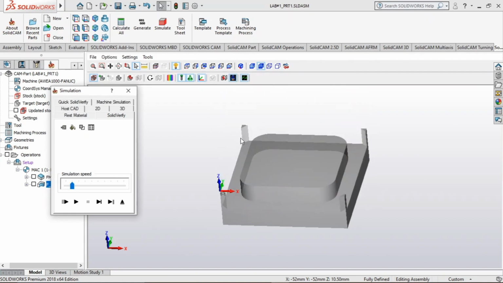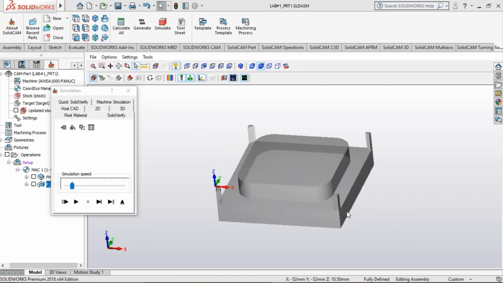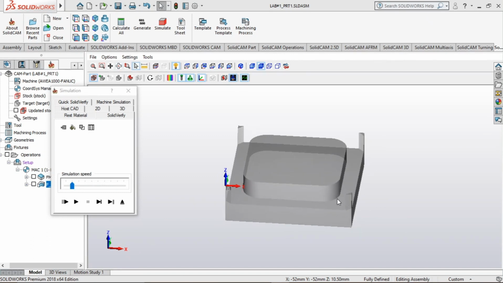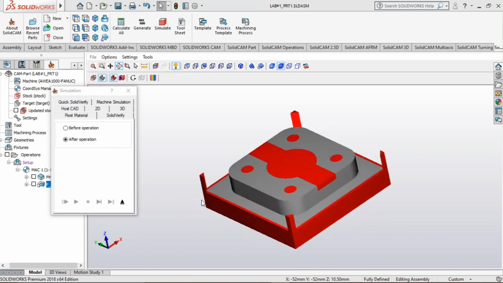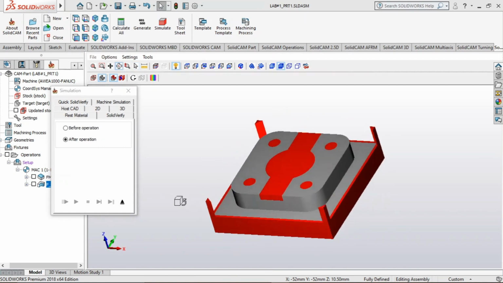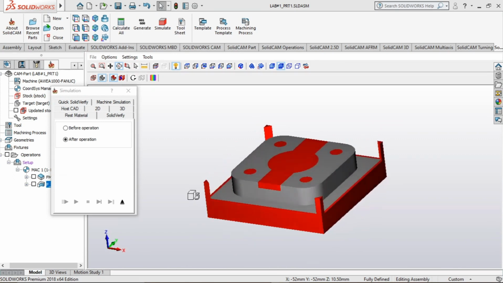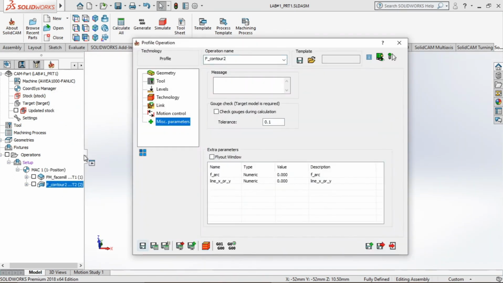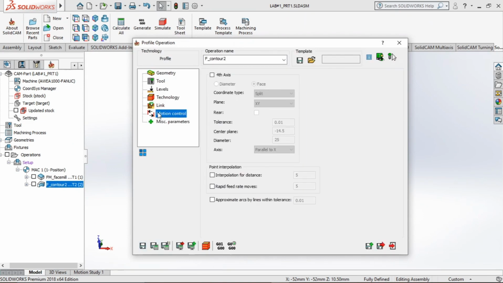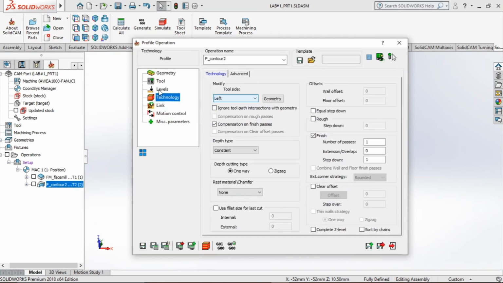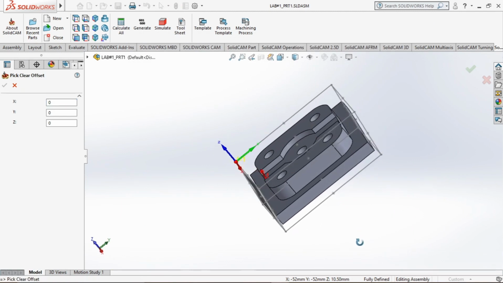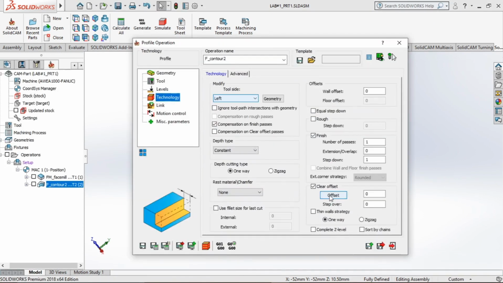See, now you can see that there are remainders, right? So this is why we need to have offsets. By an offset, this will cut the entire part without any remainder, right? So in the rest material you can see that there is material at the edges, right? So the silver part is the component actually, right? So we'll go back and have a clear offset, right? So the offset, you can click the offset, right? Click this offset,